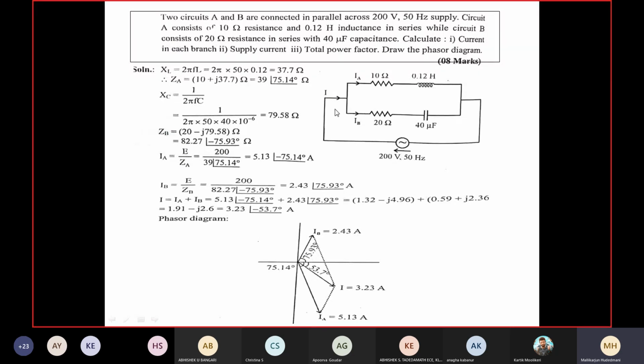Cos of the angle associated with the total current in the circuit is the power factor of the total circuit. Suppose you are interested to know the power factor of branch 1. What should I do? The angle associated with the current IA. I show you here. What is IA here? Minus 75.14. The cos of this angle, if I operate, becomes the power factor of branch 1. Suppose you want the power factor of branch 2. IB you catch. What is IB? 75.93 angle. Cos of this is the power factor of the second branch. Power factor of the total circuit is from the total current's angle, this way. Hope I made the logic very clear to you. This way you need to work carefully.